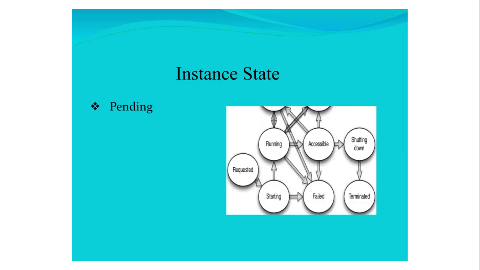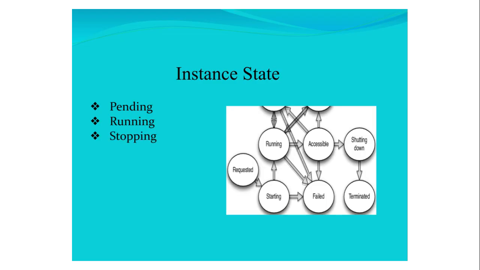When you first launch an instance, it enters the pending state while AWS allocates resources and prepares the instance. This is a temporary state, and the instance will soon transition to running. Running. In this state, your instance is fully operational, and you can connect to it, run applications, and access its storage. Note that once an instance is in the running state, you're billed for it based on your selected pricing